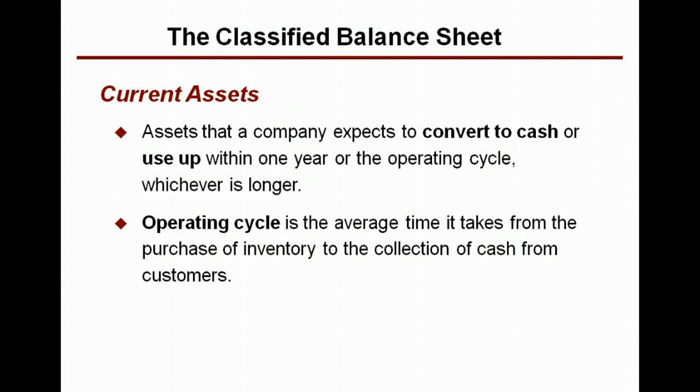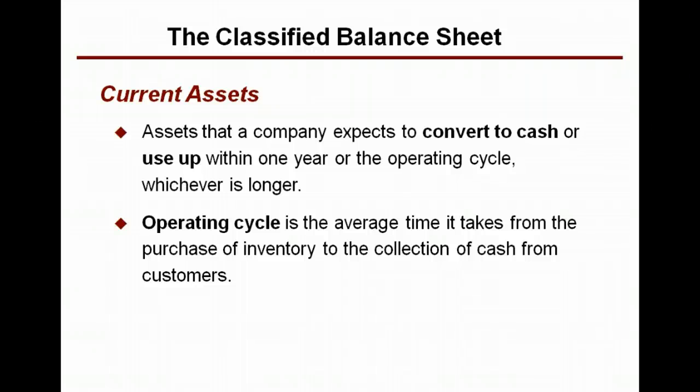Let's go back to how we classify things then. Back to the original classification. What's the difference between a current asset and a non-current asset? Current assets are assets that a company expects to convert to cash or use or consume within 1 year, or their operating cycle, whichever is longer. The operating cycle is the average time it takes for a business to purchase inventory and then collect cash from the customer. The reason that it's a year or operating cycle, whichever is longer, is by definition cash,